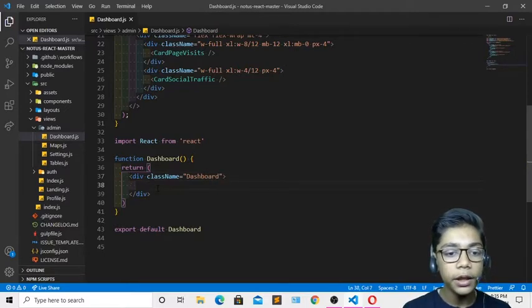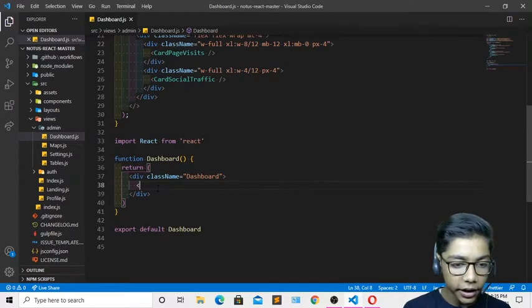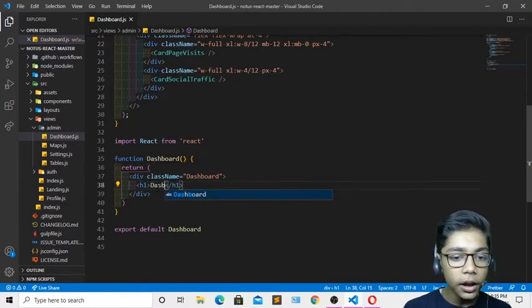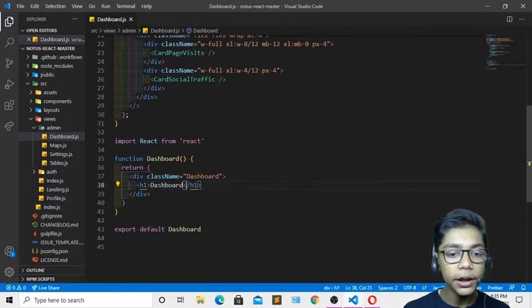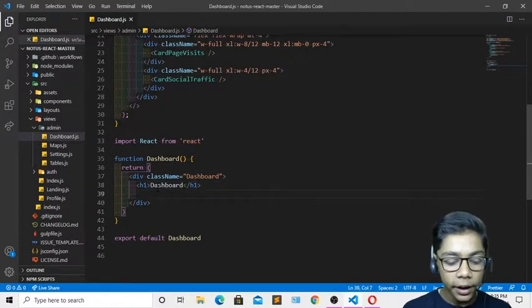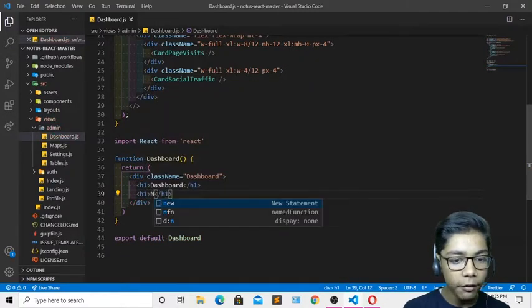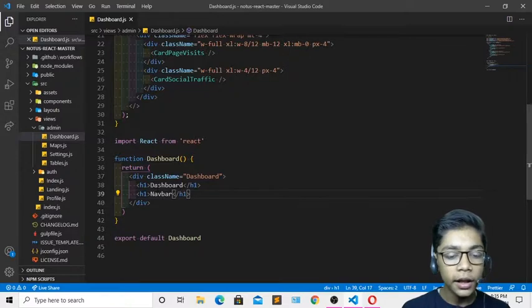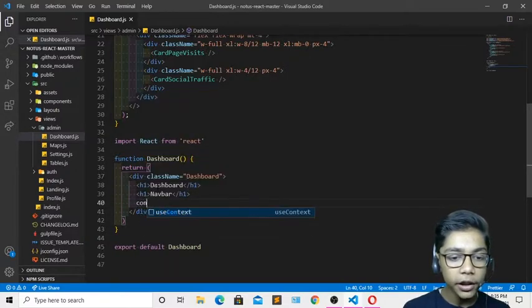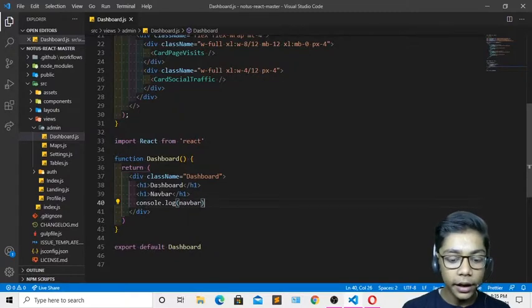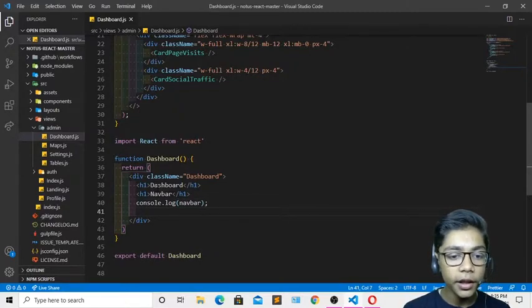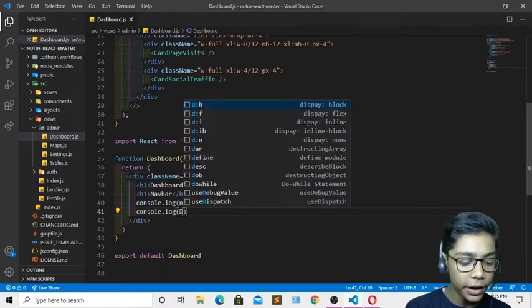Okay, so now we have done that. Now I'll come underneath and create a dashboard. I am creating this dashboard because first of all we have to create a nav bar, and for doing that we first have to create one dashboard. Then I will come underneath and create a nav bar like I've shown you in the starting. I'll write nav bar. Then come underneath and create a console.log in which I will define my nav bar. Now I'll close it and come underneath and create another tag, which is called console.log, and in that I will define my dashboard.